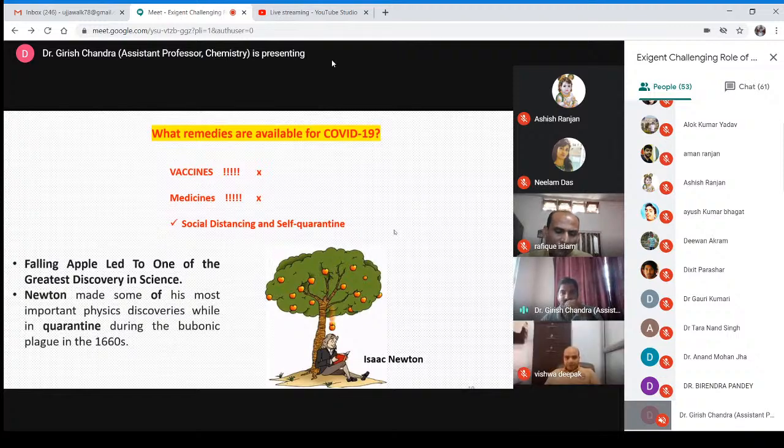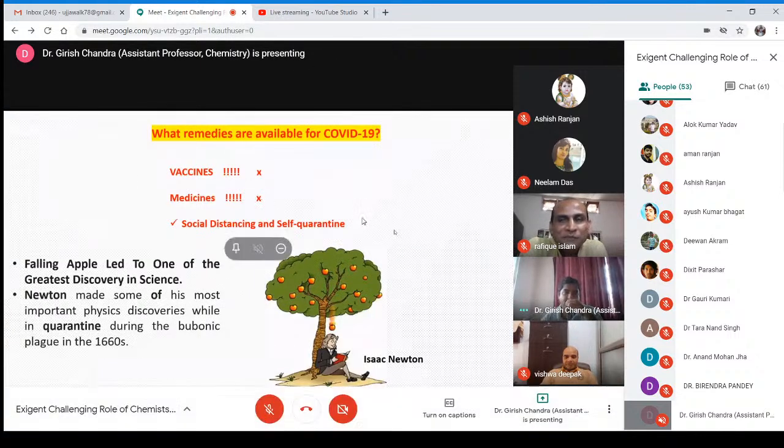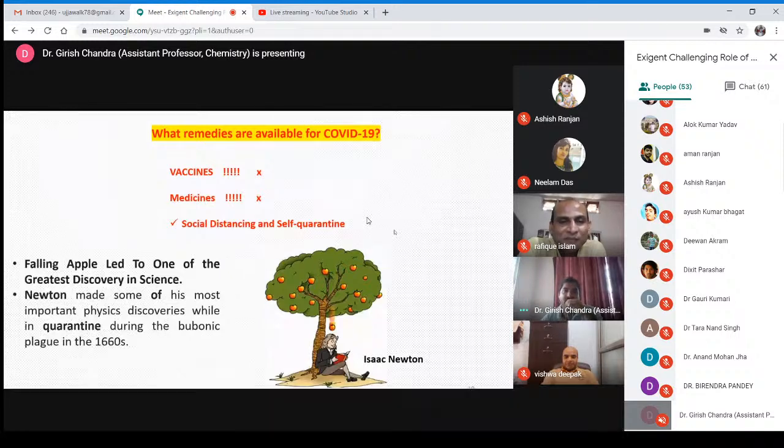One famous example related to quarantine is Newton. Newton was quarantined during 1660, and he utilized that time to develop different physics theories, and one important theory, the falling apple observation, led to Newton's concept of gravitational theory. Okay, so